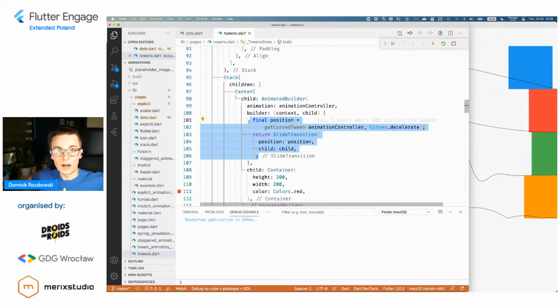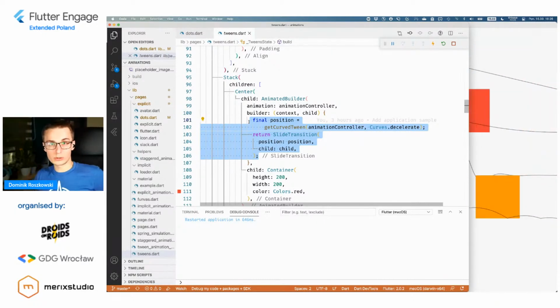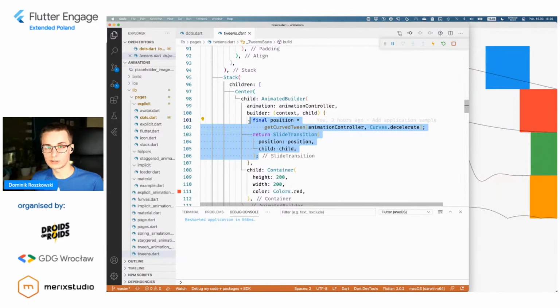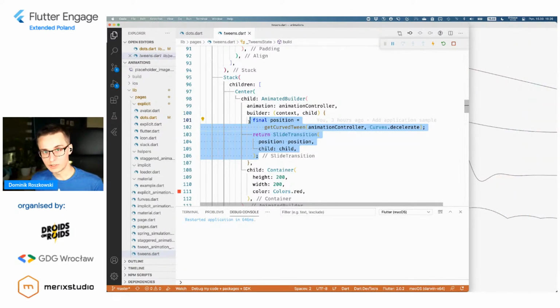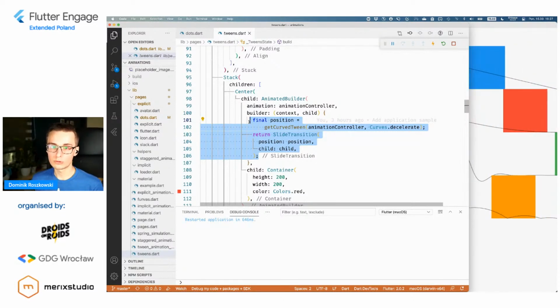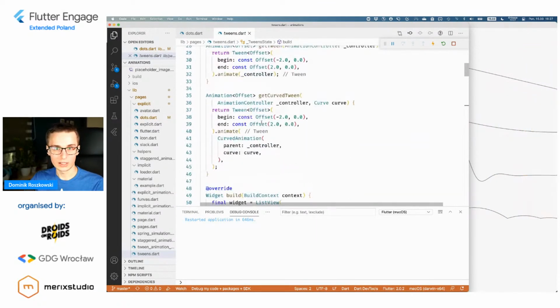But what I found is that, especially during development, so this is another tip and trick, it's not worth creating a tween as a static property on your class, because that would be some kind of performance optimization.